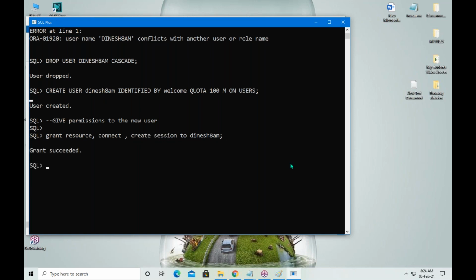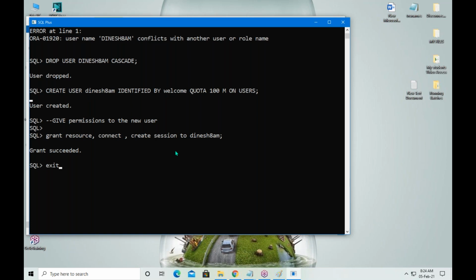Grant succeeded. Now your user account is ready. This is the username and this is the password.